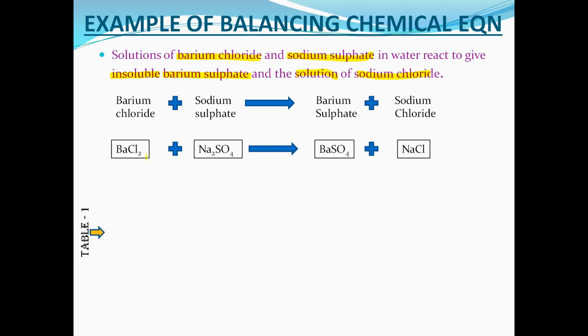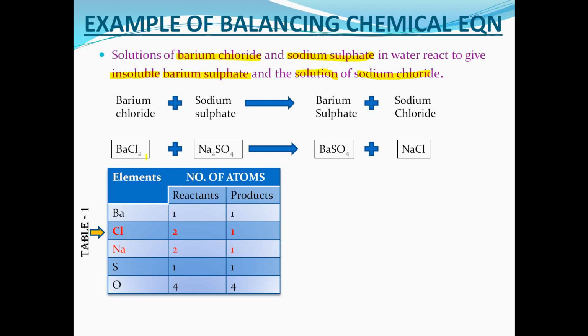Next, here we have to check whether the equation is balanced or not. How can we check that? I have also talked earlier that if an equation is balanced, then the total number of atoms and the kind of different atoms in the reactants must be equal to that in the products. So for checking this, we will draw a table.